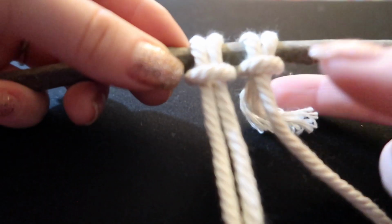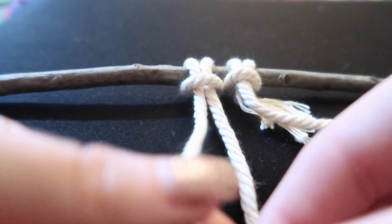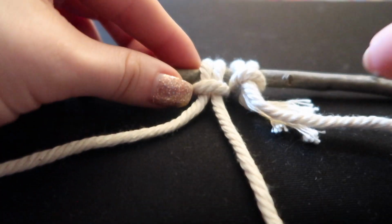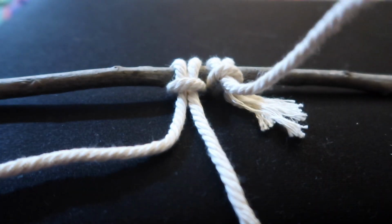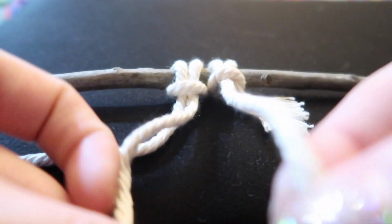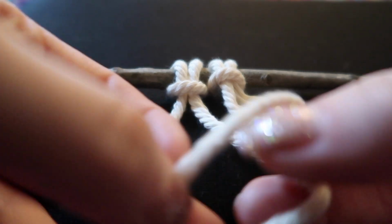So you're going to start out with 2 of the lark's head knots, and then the way that the double half hitch works is I thought it was just a traditional friendship bracelet type knot, but when you're going from right to left, the way it works is a little different. So you're going to take the string that's your holding string, this one's not going to move, you're going to hold it tight, and then the one that moves is going to go under,